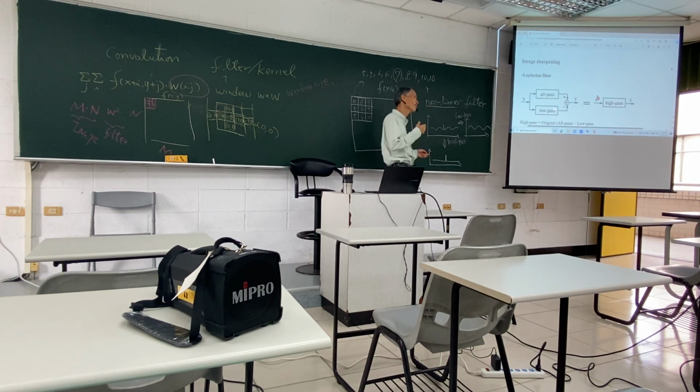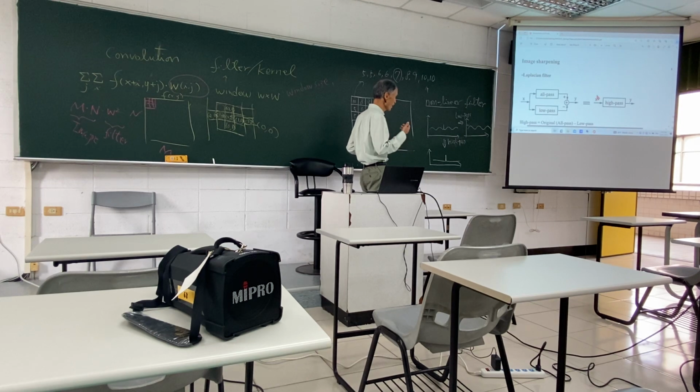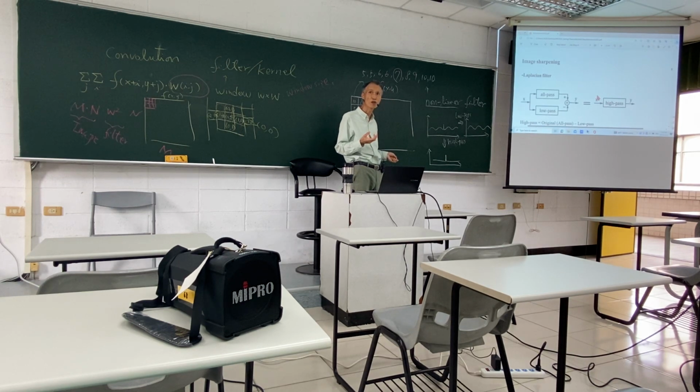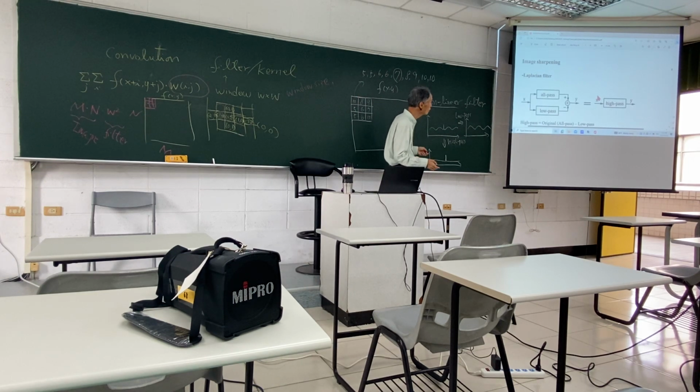Okay, so that's because we are not talking about the continuous world, instead we're talking about the digital discrete world. So whenever we talk about the smoothing, we talk about the average. When we talk about the high pass filter, we talk about the difference. That's it, okay? And usually we don't care about the sign. No matter it is positive or negative, we simply care about the magnitude. 好，我们只关心它的量，是正的、负的有时候不重要。